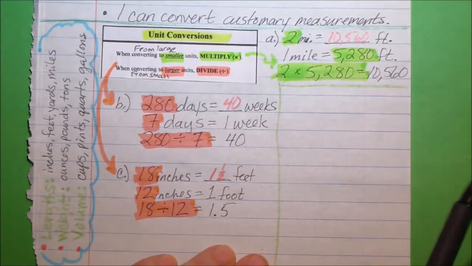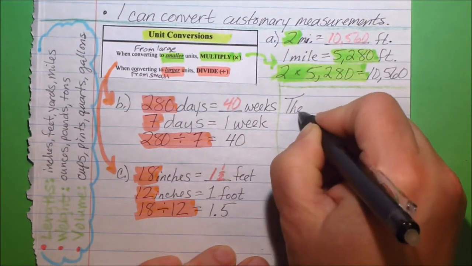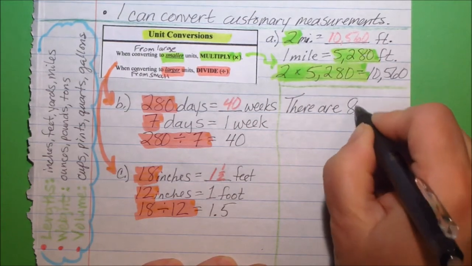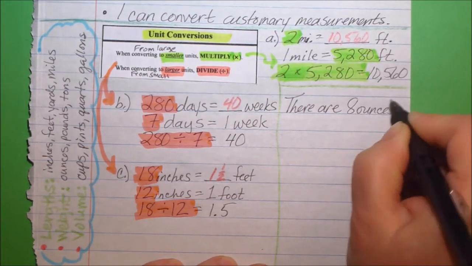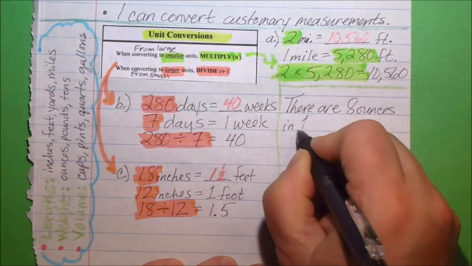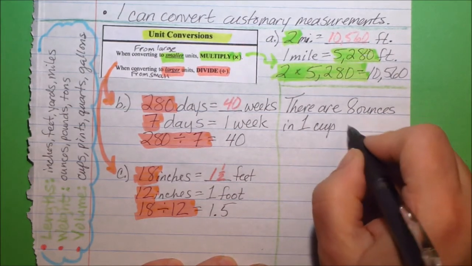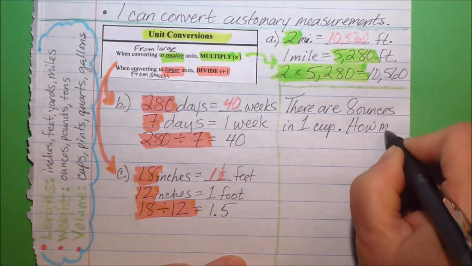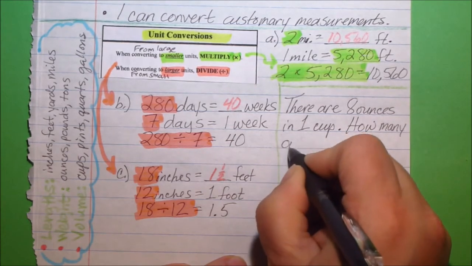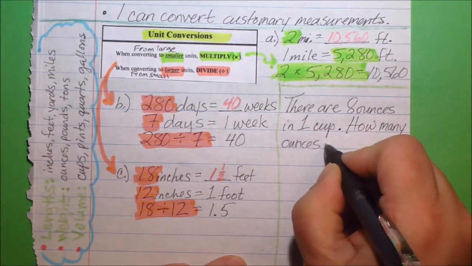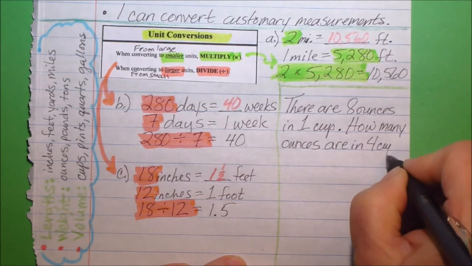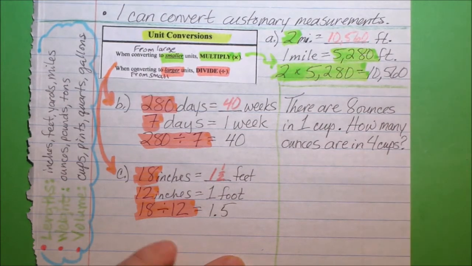All right, so let's say that there are 8 ounces in 1 cup, and that's true. Well, if that's true, and it is, how many ounces are in 4 cups? Okay. All right, to figure this out, it is as simple as taking your brain back to when